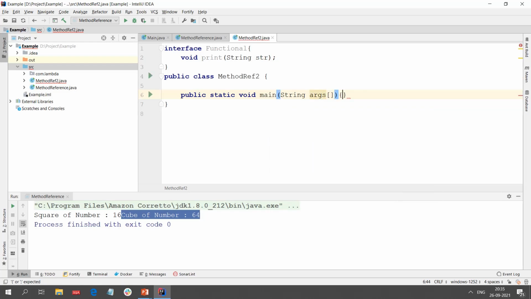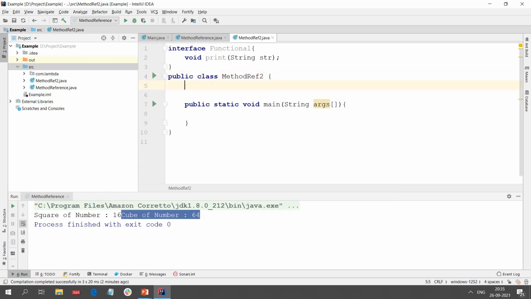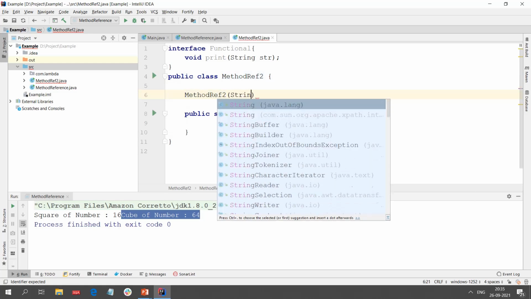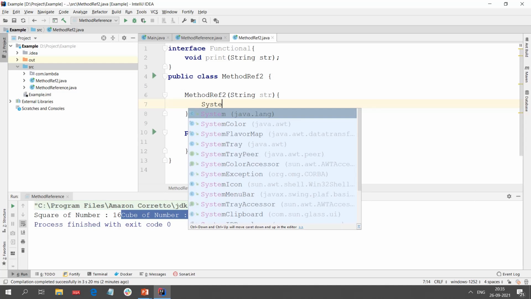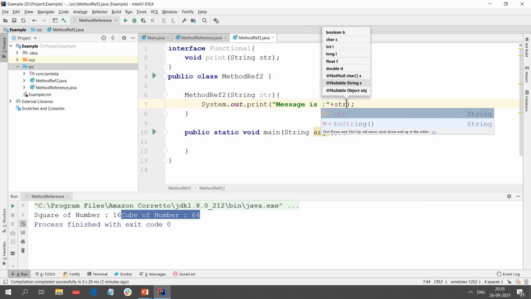Okay. Let's create a constructor first, as we need to call the constructor using method reference. And this will be the parameterized one which will take string str. I'll have a simple print statement inside it. Okay, and let's have message is, and we'll concatenate str.